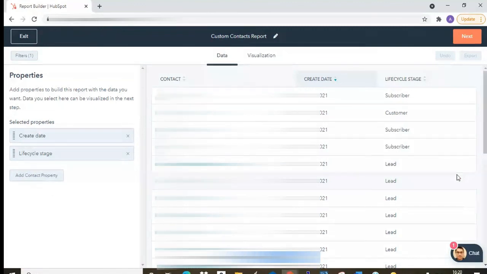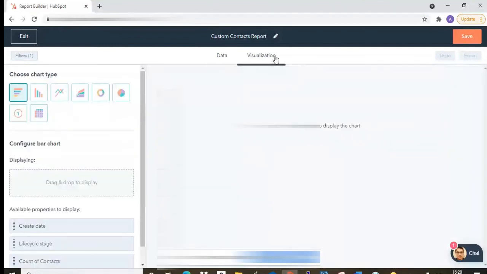Now there are certain reports where we want a visualization, where we want to see the trend, the flow, what's happening, the count. So then visualization comes into the picture. Here we have certain formats: bar, column, line, area, donut, pie, summary, and table. These are formats in which we can represent our data, similar to what we used to do in PowerPoint earlier.